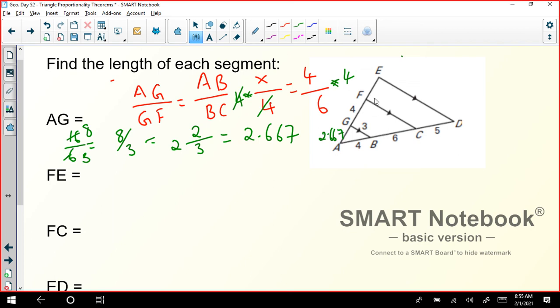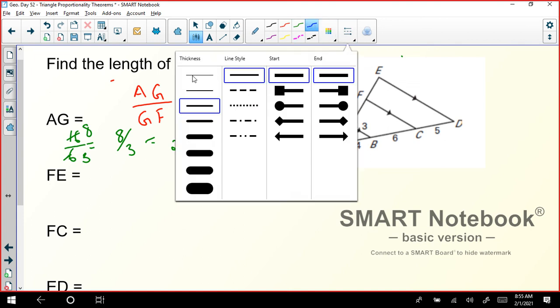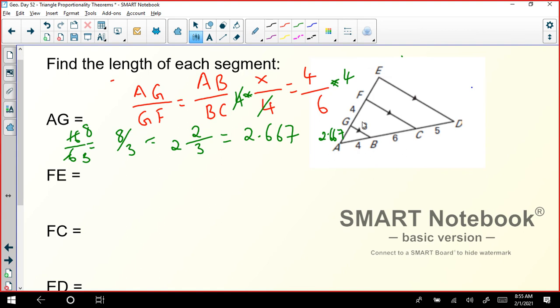And I need the value of FE. For finding FE, let's write the proportionality. Once again, I have the line FC parallel to ED. I have to take triangle AED, because I can't take triangle ADE this time. In this triangle I have FC parallel to ED, which means I can say that AF over FE will be equal to AC over CD.